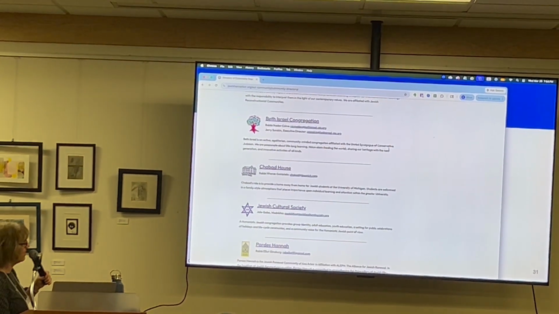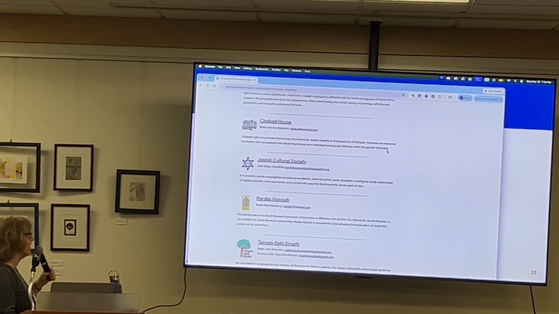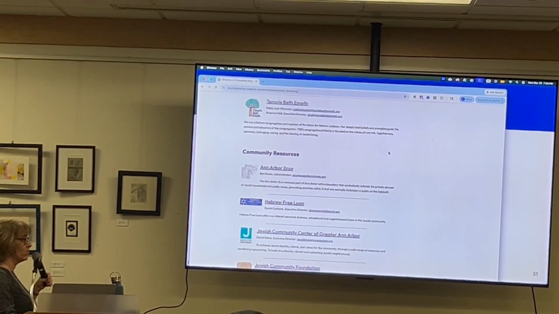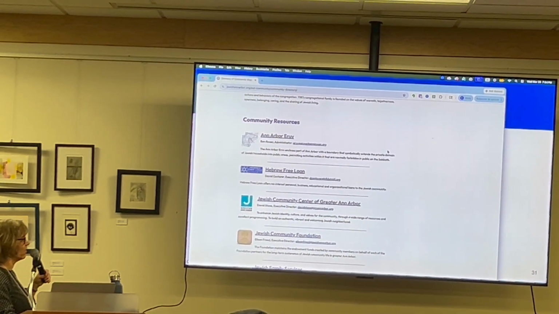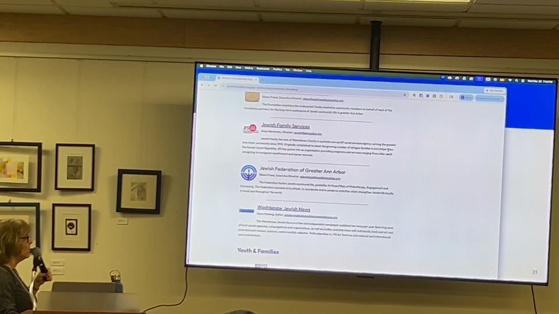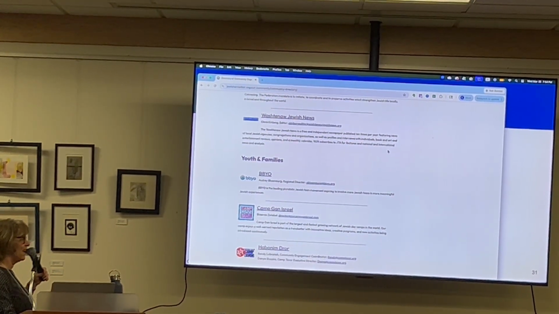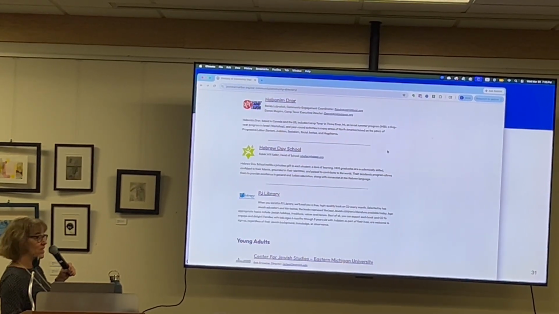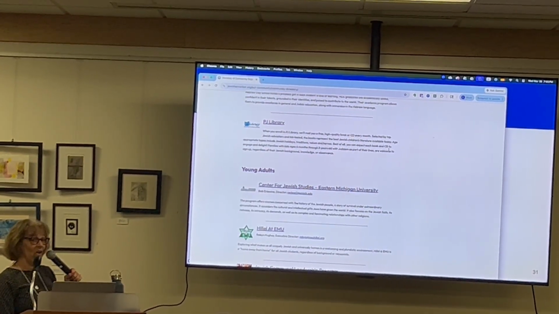We have the rabbi, in some cases the executive director. We have Pardes Chana, don't worry, we haven't forgotten them. And other community resources like our ARUV, Hebrew Free Loan, which is a really great resource. The JCC, because we started with congregations and all these, everybody's here, okay? And then we have it separated also by youth and families, so the various camps. We do have Habonim here, and etc. The PJ Library is on here. I haven't scrolled down this for quite a while, actually. But anyway, it's all here.